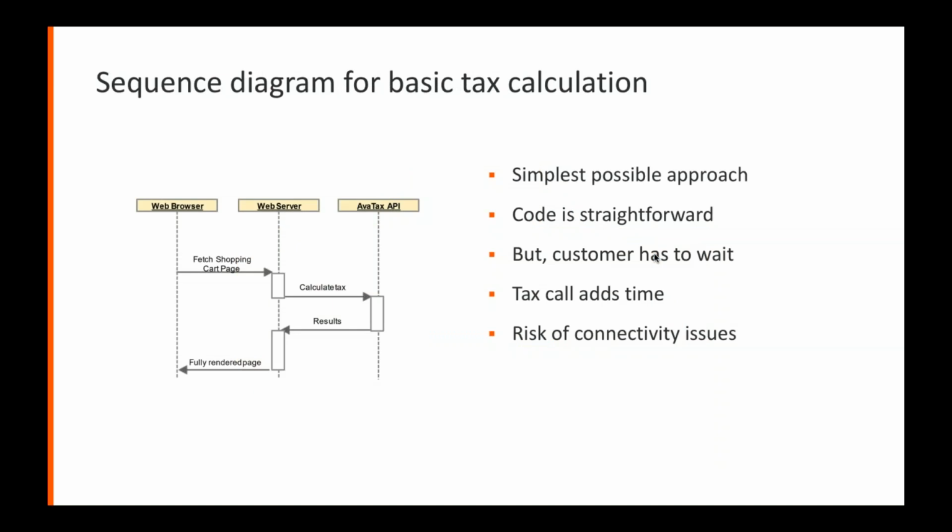So if you have a traditional sequence diagram, where your web browser contacts your web server, which contacts the AvaTax API, I can tell you that for the average shopping cart with 1 to 5 items in it, AvaTax is going to get you an answer in about 60 to 70 milliseconds. Now, that 60 to 70 milliseconds is going to be affected by the number of custom rules you have and a couple of your configuration options, but in general, a small shopping cart should be able to calculate quickly.